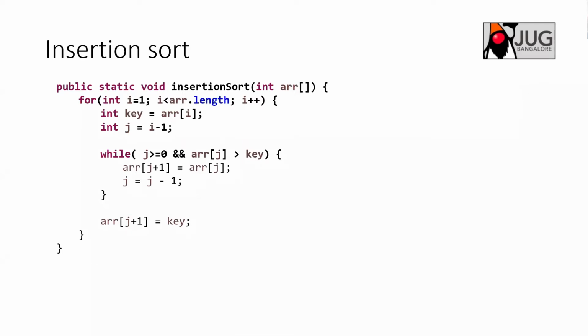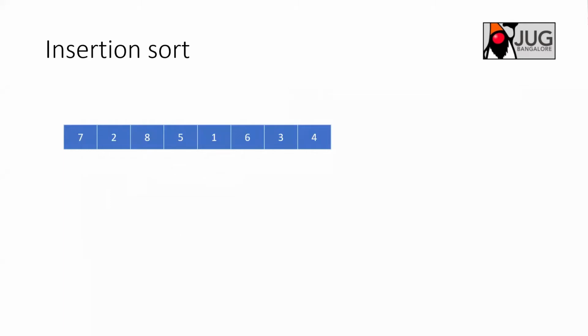Let's see with the example, because then I will explain with reference to that example. Let's see you have a given array where the elements are unsorted. You can see that the elements are not properly sorted, they are all unsorted. So what you do, you start with the 7. Assume that 7 is a sorted set, and the remaining elements are unsorted. So the first element is sorted and the remaining elements are unsorted.